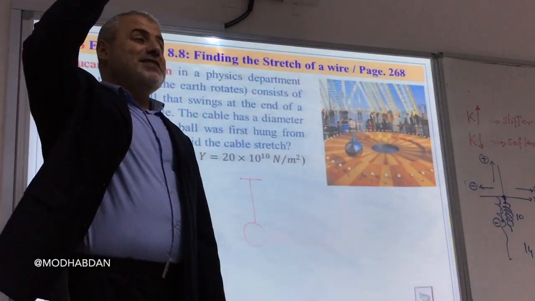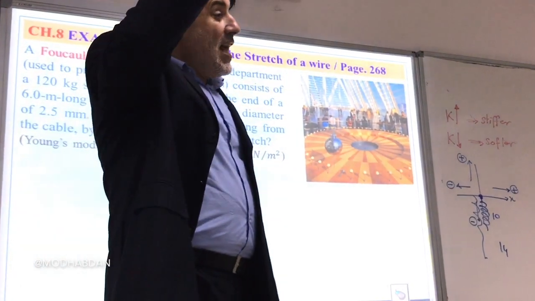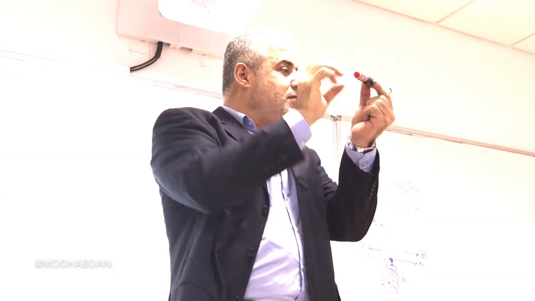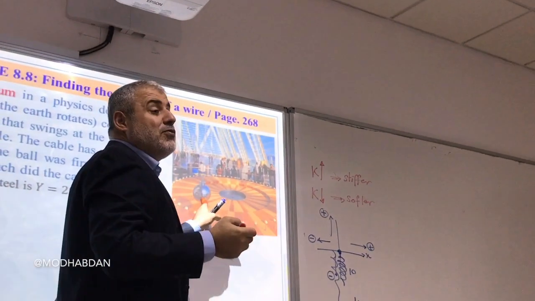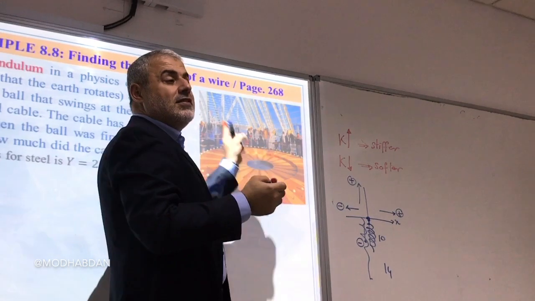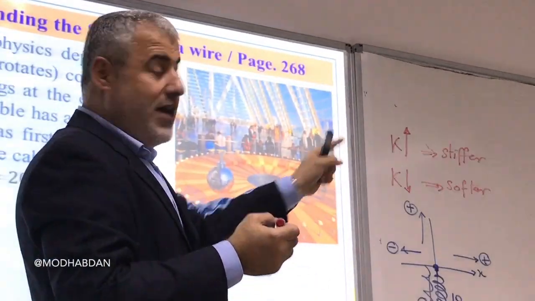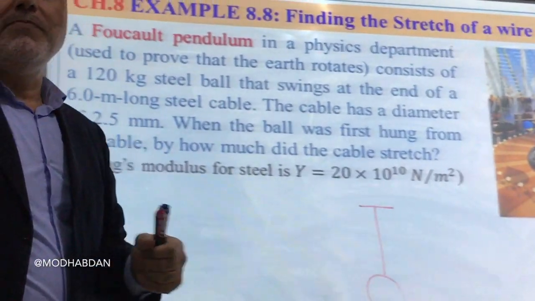Like this one, it's suspended and it's free to move. Now, if the Earth is moving, the pendulum doesn't necessarily move. It remains in its position. In this way, we can prove that the Earth is spinning or rotating, okay? Now, in any problem like this,